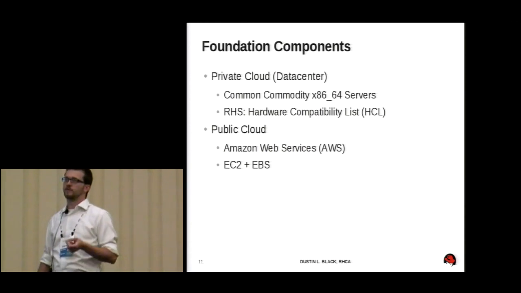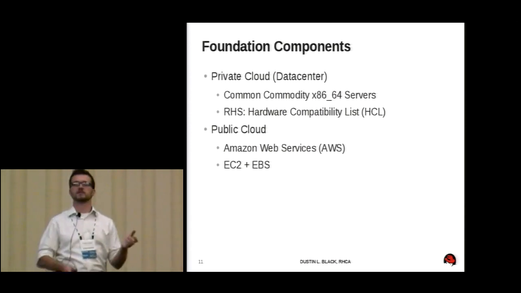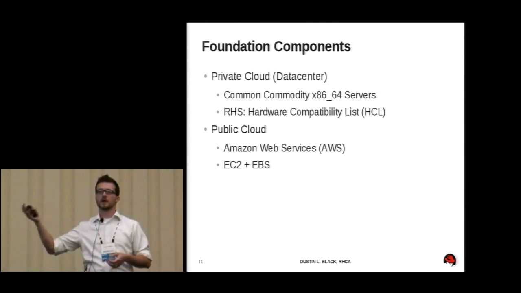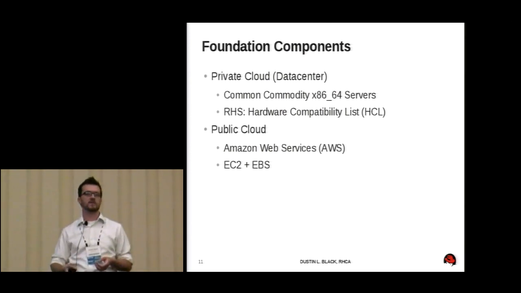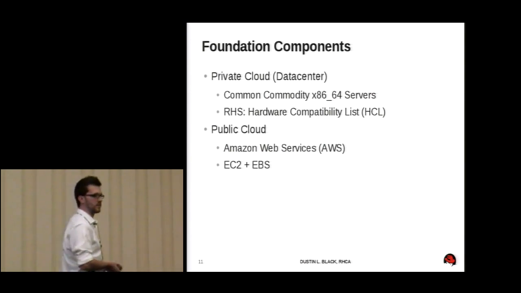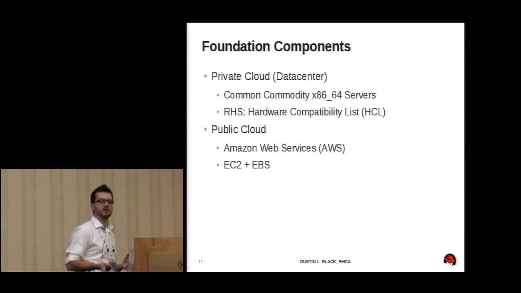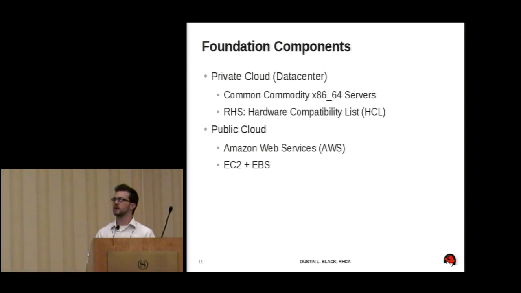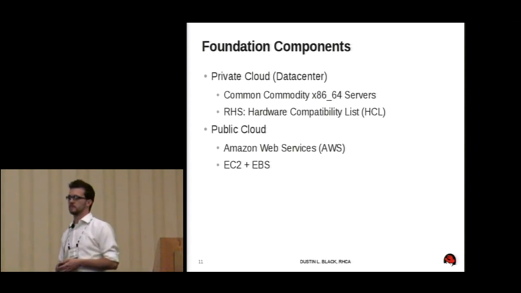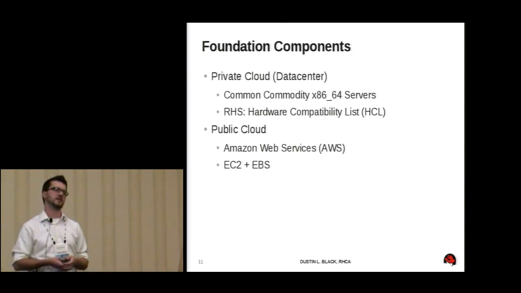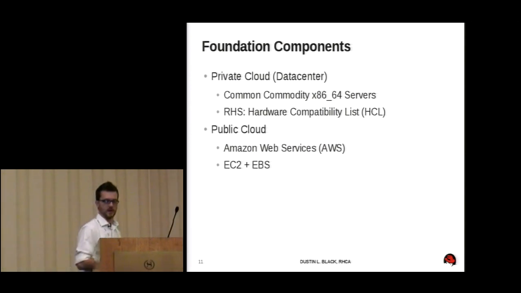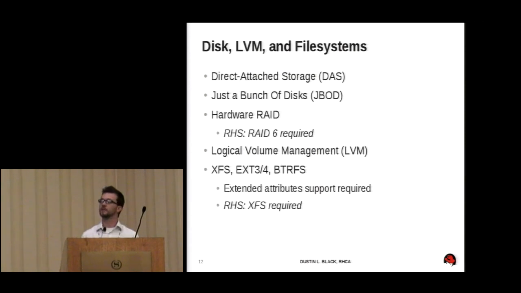Now that's for Red Hat storage right now in the current release, that's going to be a limited set of servers and storage components that need to be used. If you're going to be using the community version, you're going to be able to deploy this on essentially any x86 64 hardware. In the cloud, what's realistic right now and what's available is deploying to Amazon Web Services. Obviously, as that landscape changes, you think we'll see some other options, but that's what we have at the moment for deploying to the public cloud.